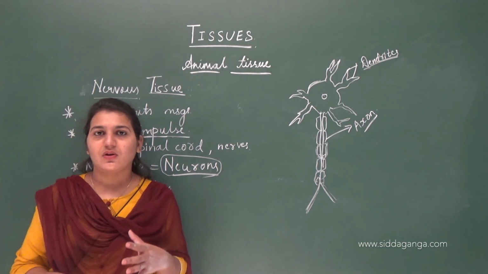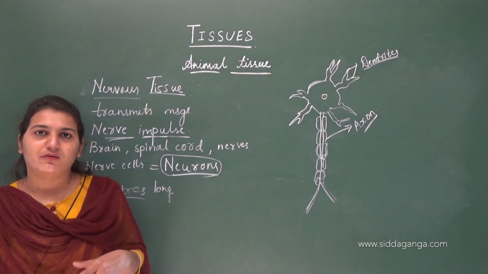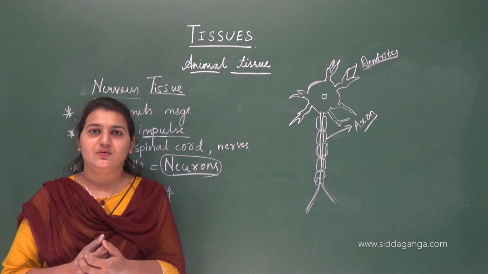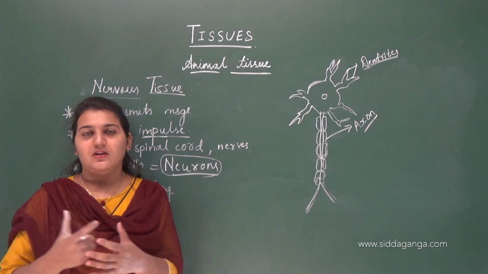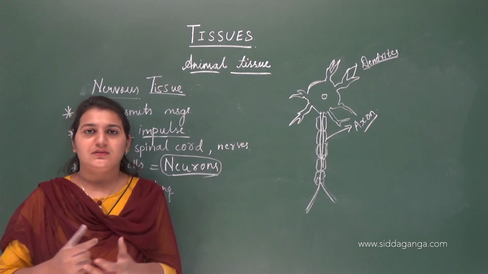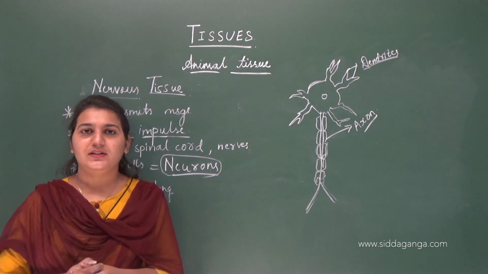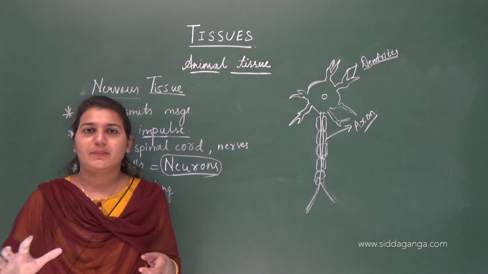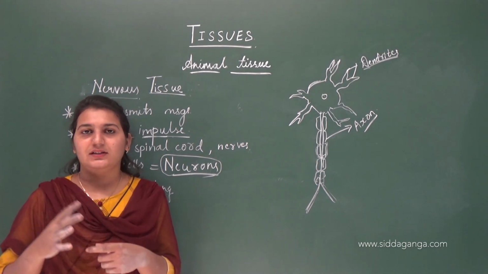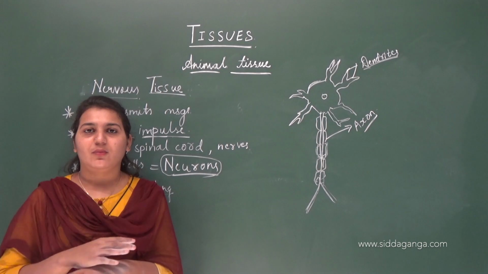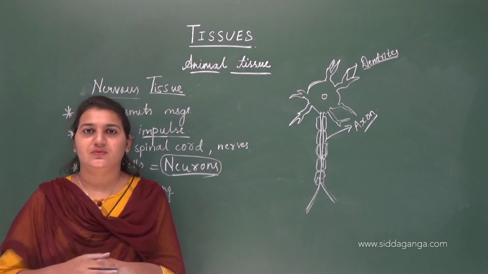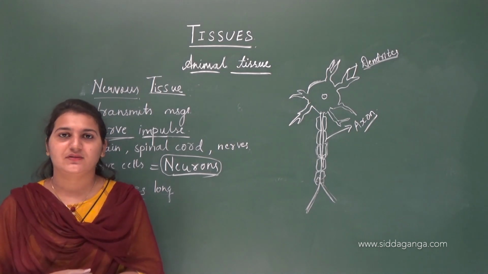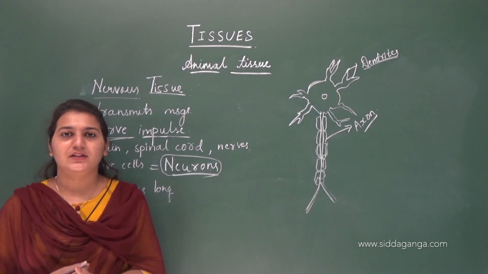So this was all about tissues and the importance of tissues, plant tissues and animal tissues, the various types of tissues and their functions, characteristics, etc. Here your lesson on tissues completes. Till now we have learned all about plant tissue and animal tissue. Basically plants and animals are made up of completely different types of tissues. We have seen the classification, and also the types, characters and functions. So here your lesson completes.